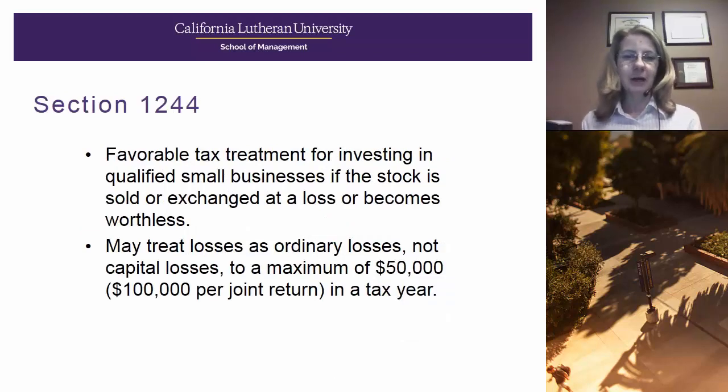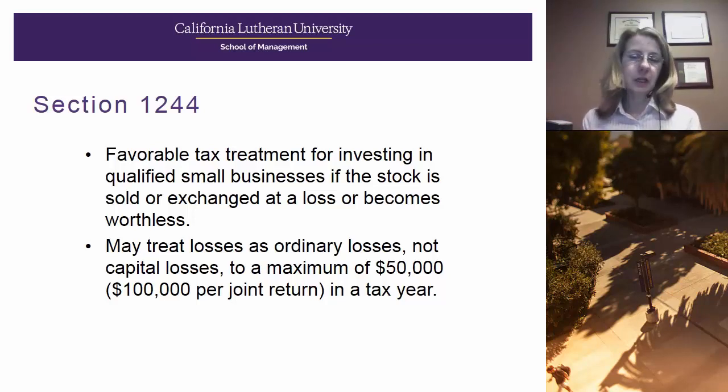The last provision we'll talk about is Section 1244 stock. Section 1244, of course, is the code section that applies to this provision. Section 1244 stock is small business stock in a C corporation. If you invest in this type of corporation and you end up selling that stock at a loss, rather than having capital loss treatment, and remember that would mean that you would be limited to $3,000 of losses offsetting other income per year, you actually get ordinary loss treatment for up to $50,000 of losses if you're an individual, or $100,000 for a married filing joint couple.